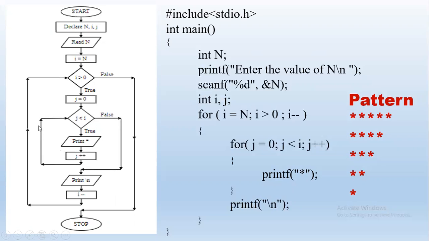As long as the j loop is true, it keeps executing for one value of i. When j is false, it comes out and then a new line. Then we decrement i here. j is incremented and i is decremented. So that is one execution of i. When i decrements, again j will be executed multiple times. So this continues. Here we can see a nested loop. This i is the outer loop, and j is the inner loop.